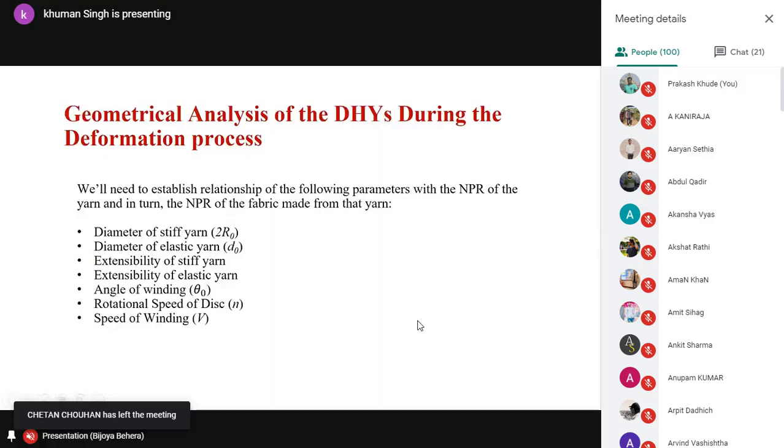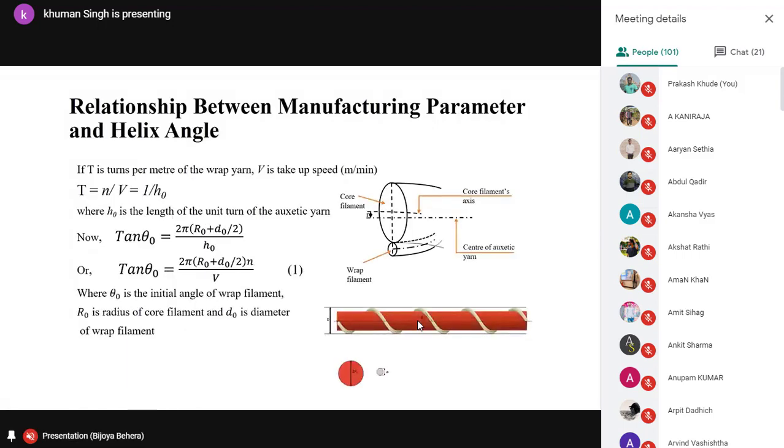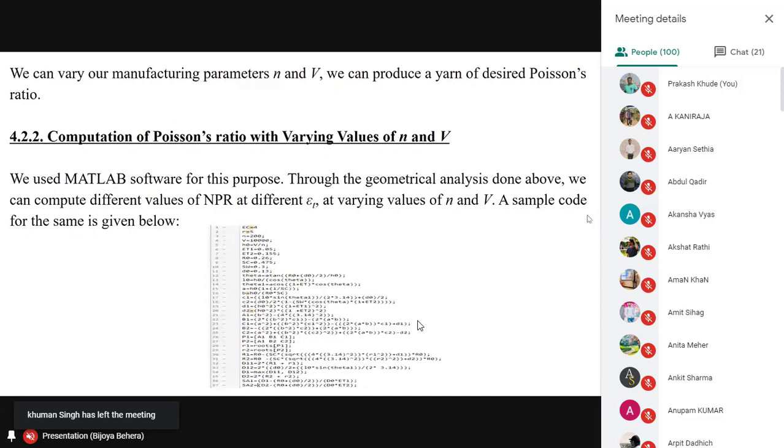So using these 7 parameters, we have just derived this equation. From this equation, you can control for a different angle theta, which is called angle of wind. You can find out the different diameter of the yarn. So using this formula, we have just developed a software using the MATLAB platform, and you just put different values